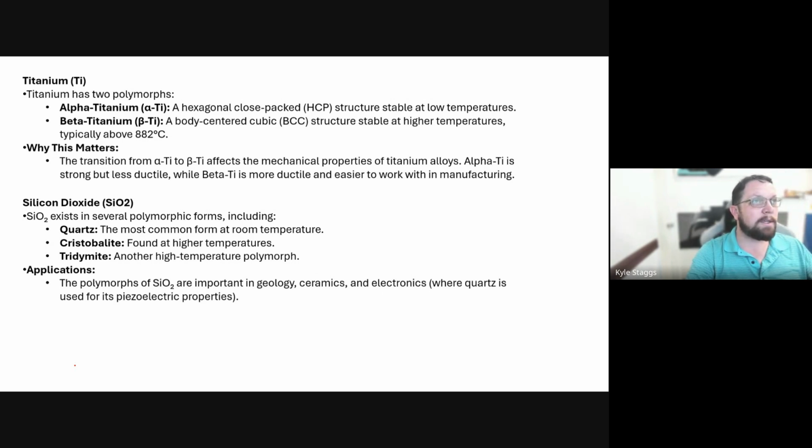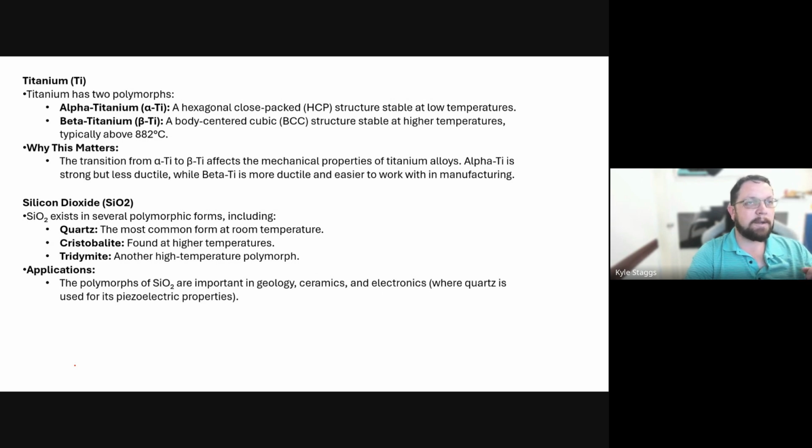Silicon dioxide is another one that has several polymorphic forms. Quartz, cristobalite, and tridymite are common forms. So quartz being the most common form at room temperature. Cristobalite can be found at higher temperatures. And tridymite is one that probably you guys won't encounter a whole lot. So we don't need to worry about what the names there mean or what specific form they have. But